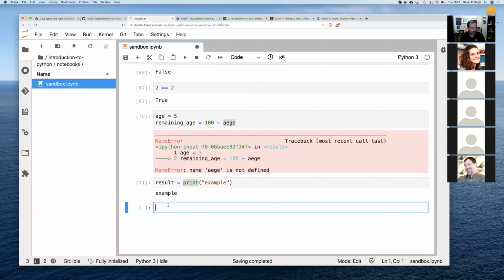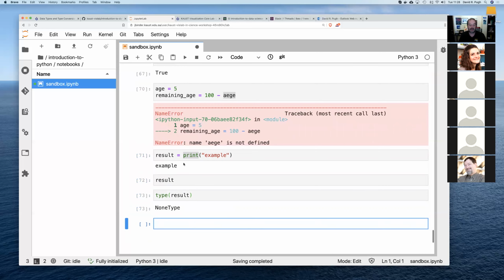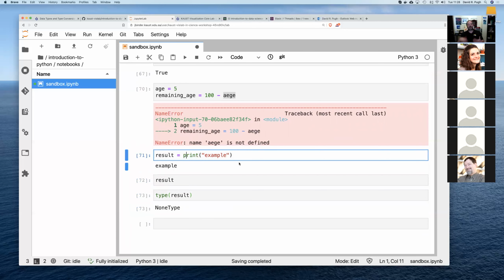And if we were to look at the result, it seems like there's nothing there. But if we actually look at the type of result, it tells us it's a None type. That's because every function returns something. Even if it returns None, then it returns the only instance of the None type,